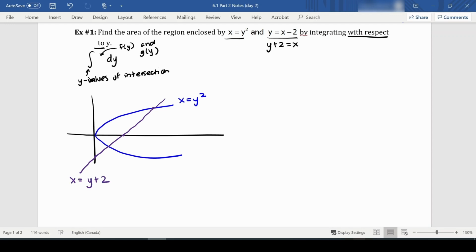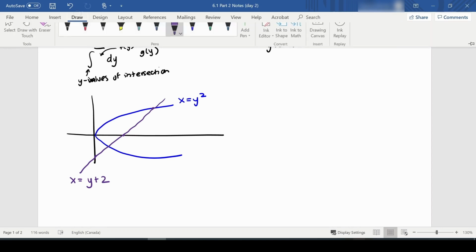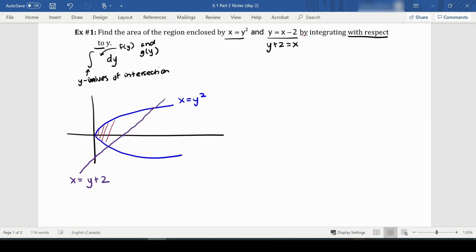And this would be our x equals y plus 2 function. Our area is this area in here. And since we've been told specifically to integrate with respect to y, we need to know our y values of intersection. That will give us our a and our b for our integration. And hopefully we recognize that the purple one is our right curve,